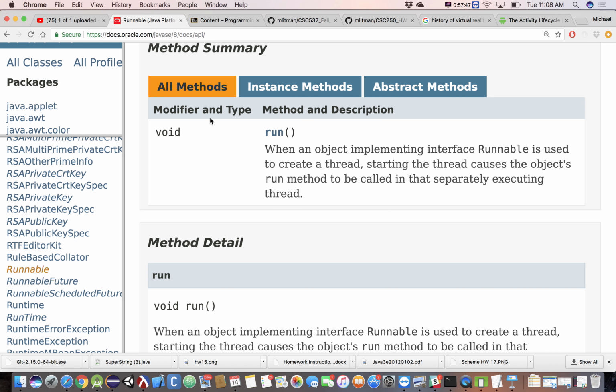So we have a single method summary called run that we have to write. If you're going to make something runnable, you have to write that method. So with that in mind,